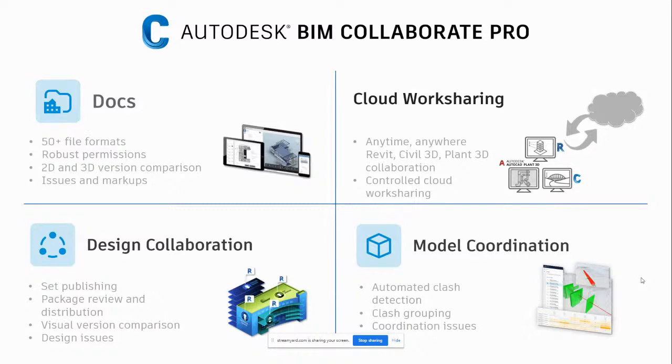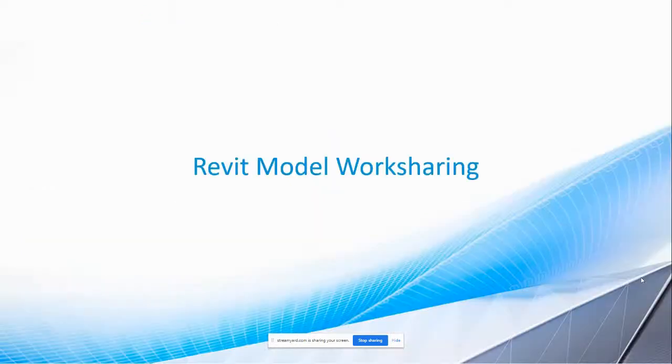And then once you have performed automated clashes, you can go to a particular clash, you can create an issue, and you can notify a certain individual or a role or a company for them to fix those issues. I just want to quickly talk about Revit model work sharing a bit more in detail here,